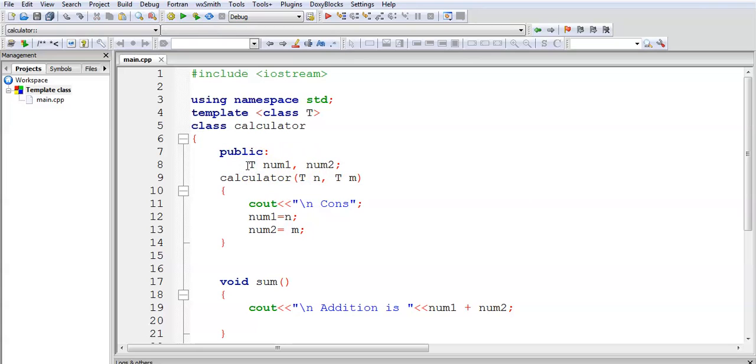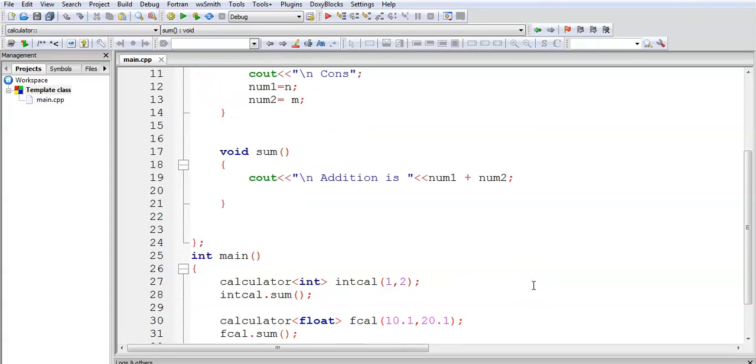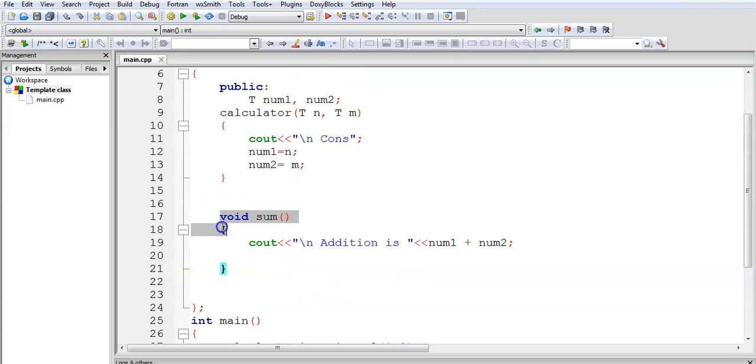Now n and m are assigned to num1 and num2 respectively, and here we make the addition of these two numbers. It's a very simple one. When we call int cal.sum, it is going to call this member function and perform the addition of these two numbers.